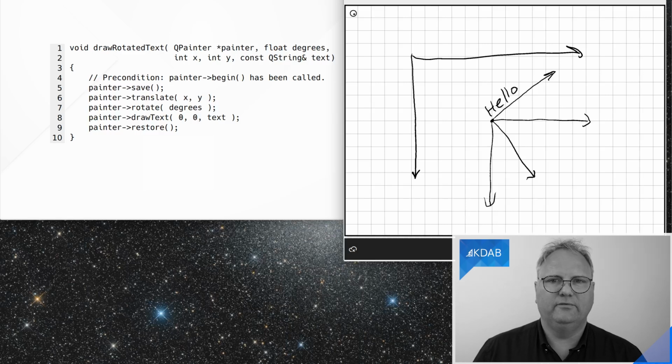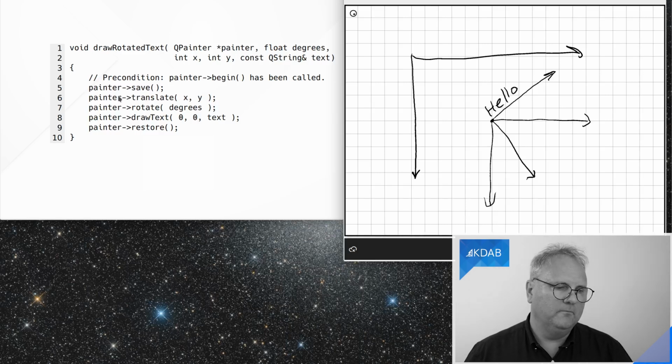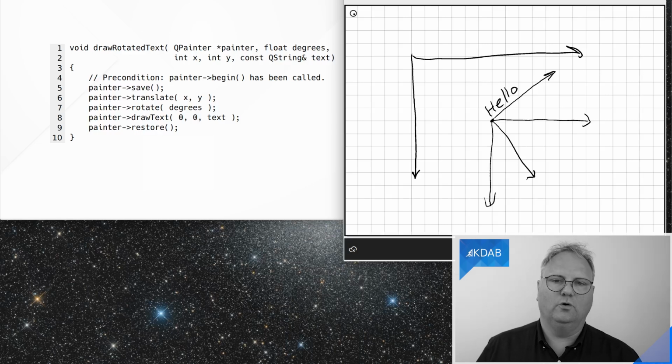Well, the 3x3 generalization of a vector is a matrix, at least a 3x3 matrix, and that's what it is behind the scenes. So we have these save and restore that will take a copy of that matrix and restore will get it back again. Save and restore will do a bit more than that. It will also take the pen and the brush and likely more things. So save and restore can be slightly expensive, which is why sometimes it's useful to just go straight to that matrix and do the operations there, which we'll see on the next slide.